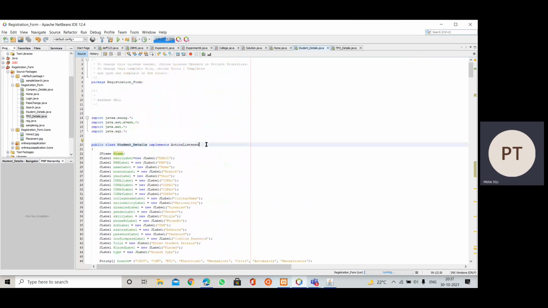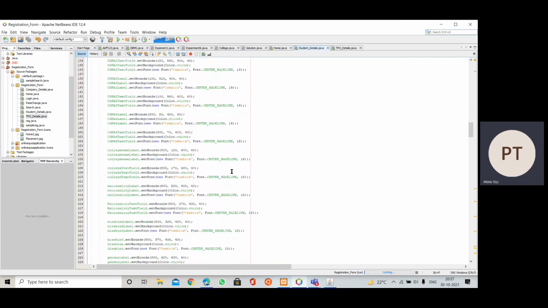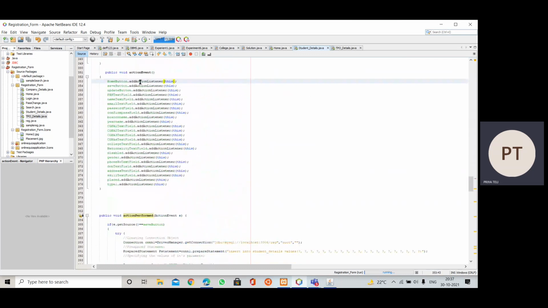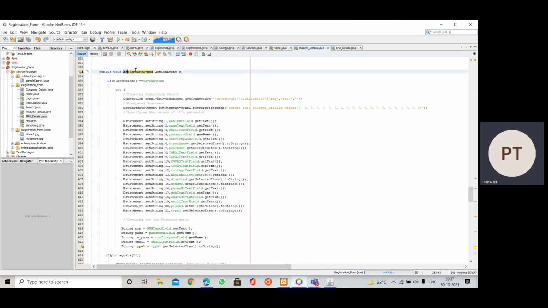As this class is implementing ActionListener, we can write the keyword this inside the addActionListener method. If it is not, then we cannot write it; it will not be done. We'll have to mention the class which implements ActionListener. Then we have the actionPerformed method, which takes an ActionEvent object.